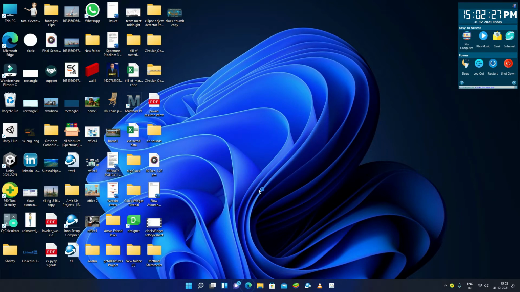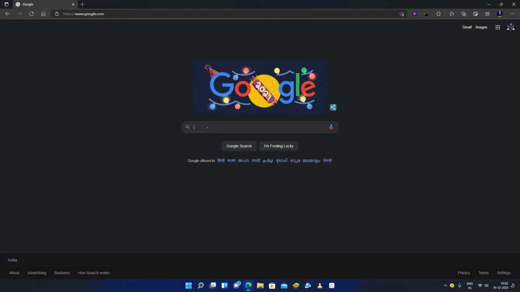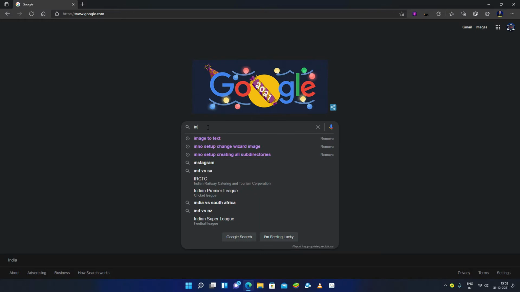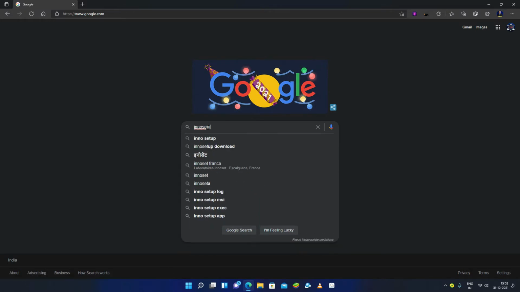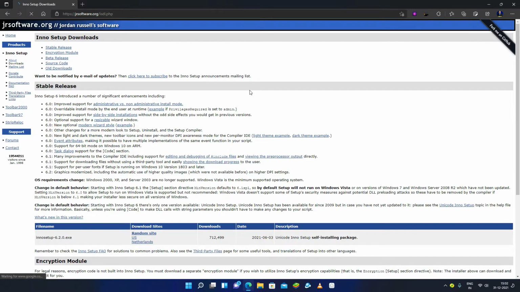And after installing CXFreeze, you will have to install one more tool, that is InnoSetup. For that you just have to go to your web browser and search for InnoSetup. I am going to use InnoSetup for making the standalone application. You can download it from here.